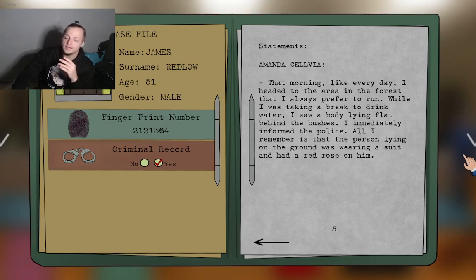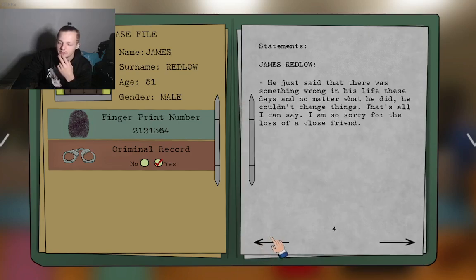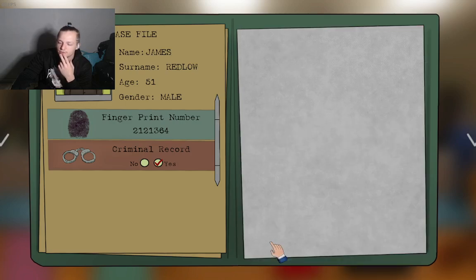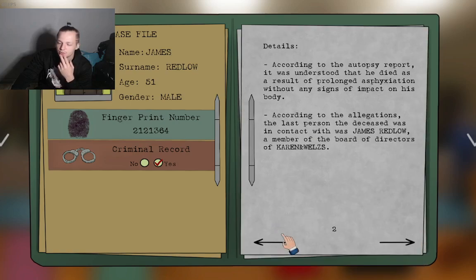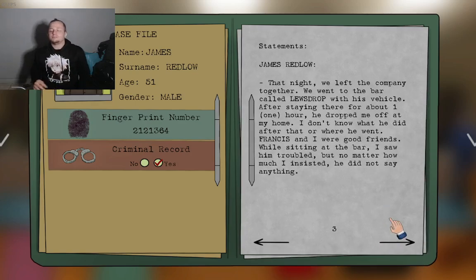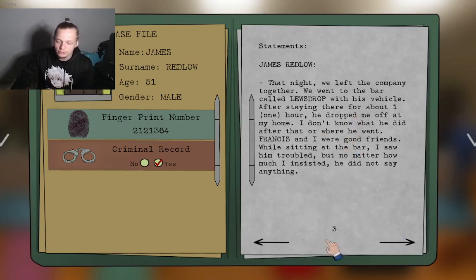Oh, wait. James Redlow. Like, who are you exactly? Would you really have a reason to? Did something. I mean, he talked to him. I feel like he talked to him way too much. Was way too close to. Nah, he said he was his buddy. So, like, they're way too close to be the serial killer. We're dealing with a serial killer case here.